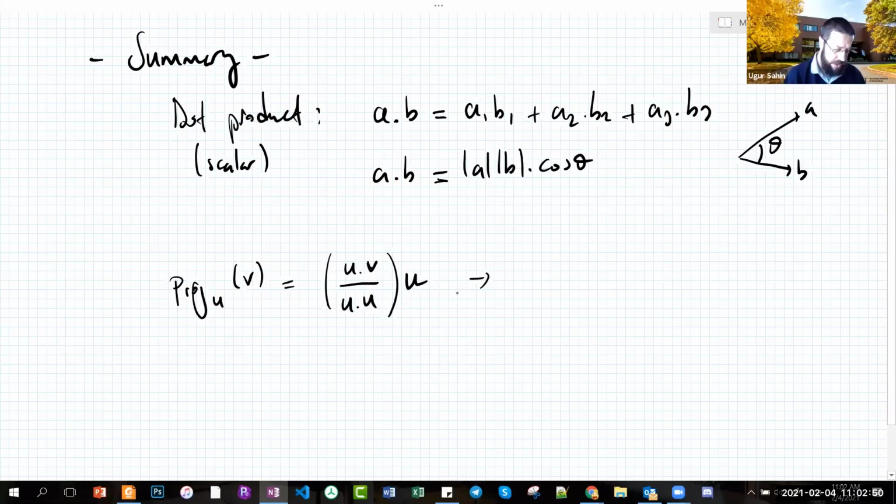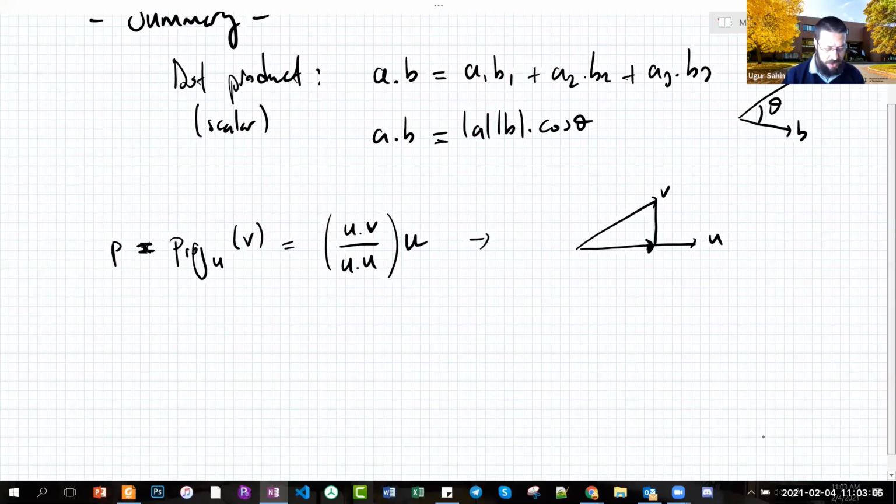This is the vectorial, actual projection, if you remember. So we were projecting the v onto u. That's this vector p. P is equal to this one. And then later we saw that